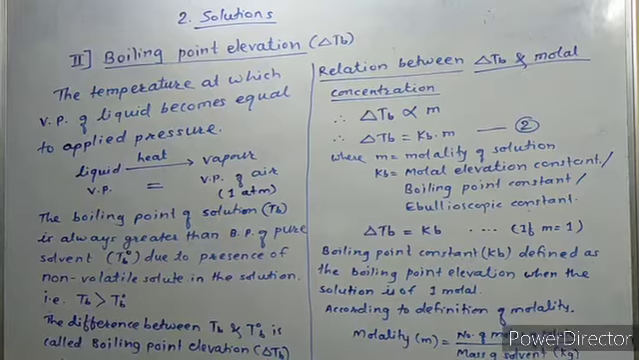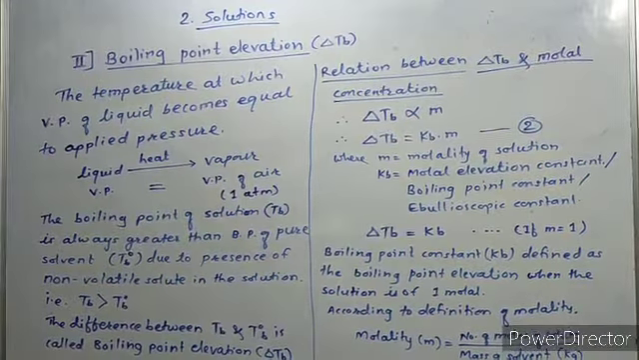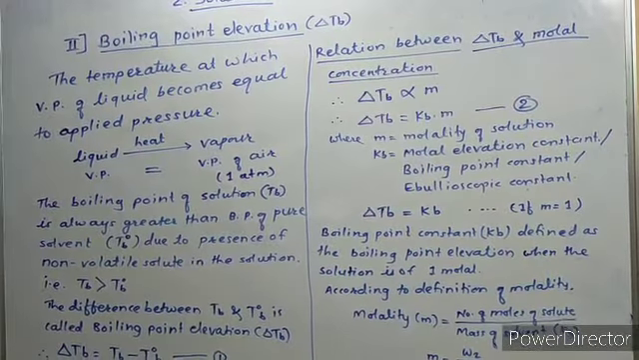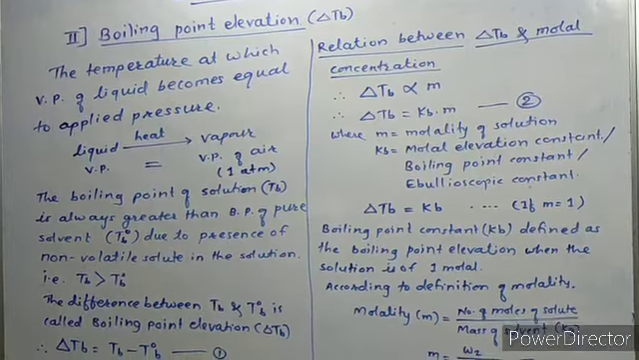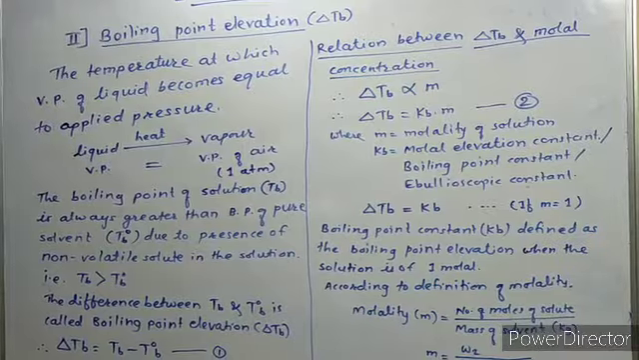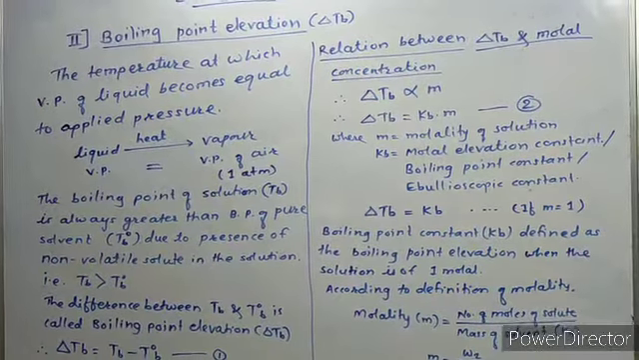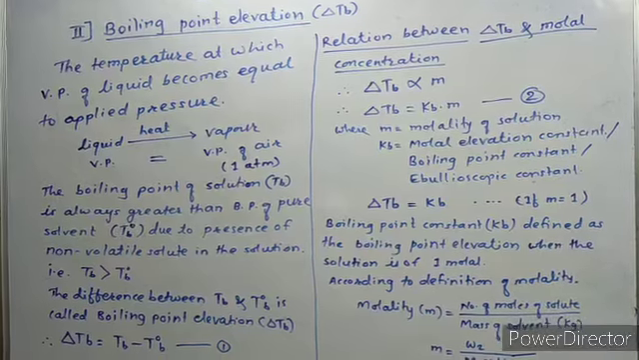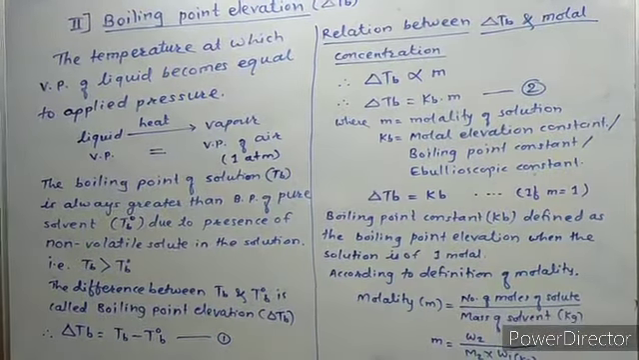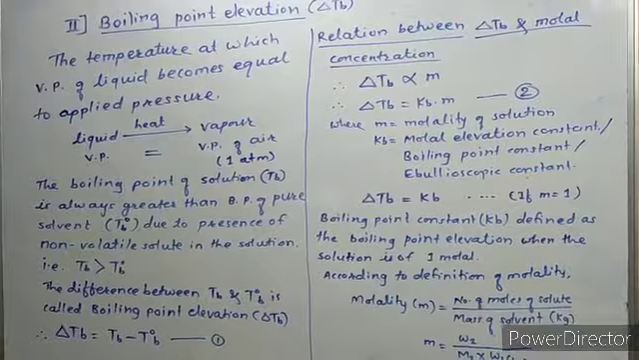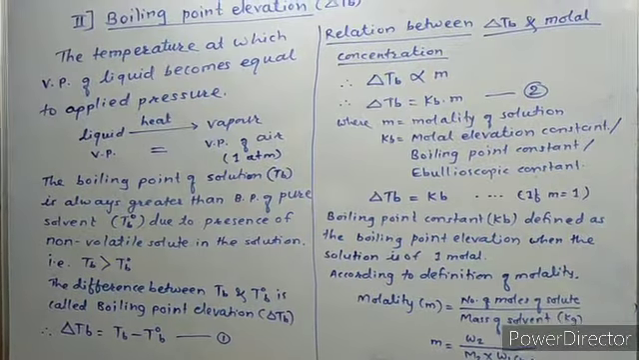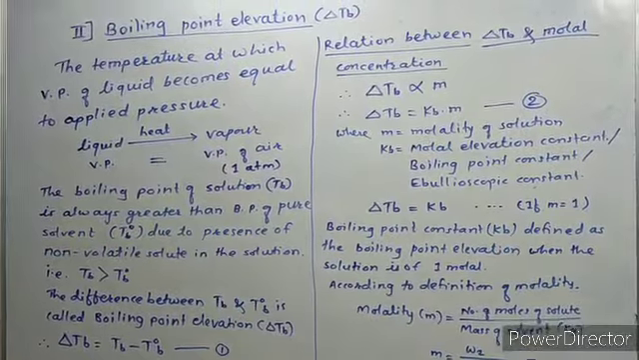to the applied pressure. When a liquid is heated, it turns into the gaseous state. So the vapor pressure of the liquid becomes equal to the pressure of the air, equal to 1 atm. That temperature is called the boiling point of the liquid. So the temperature at which the vapor pressure of a liquid becomes equal to the applied pressure,